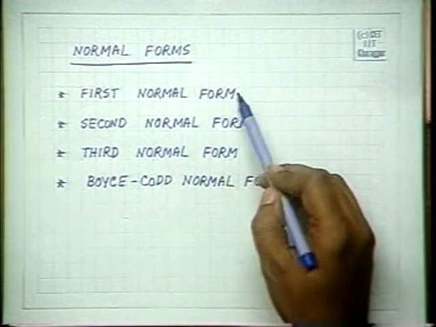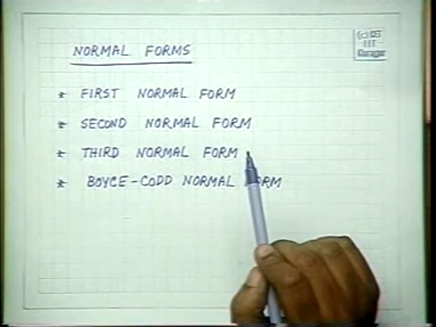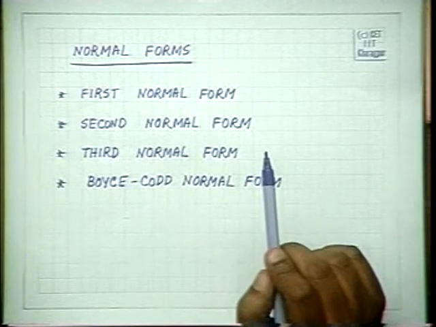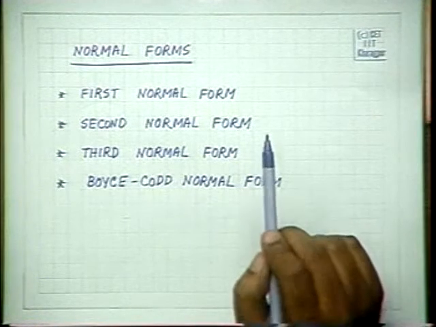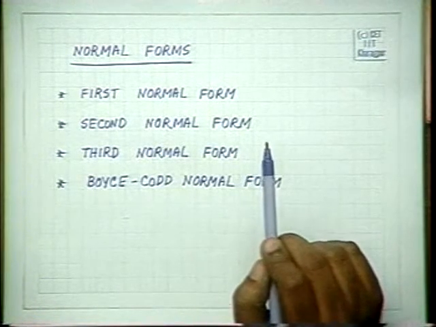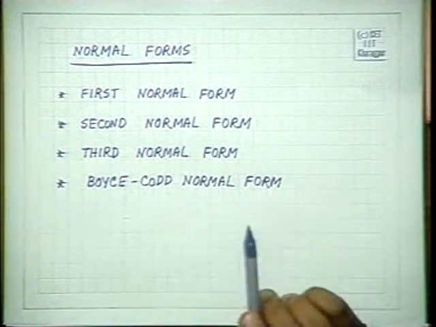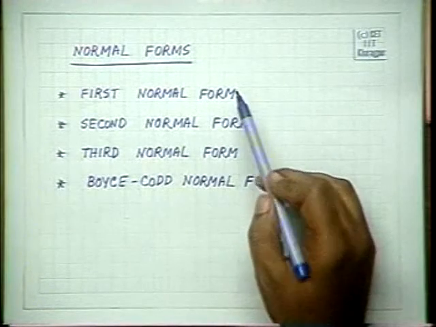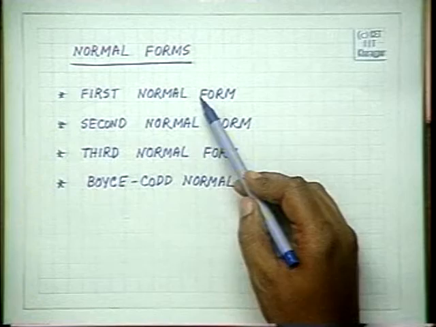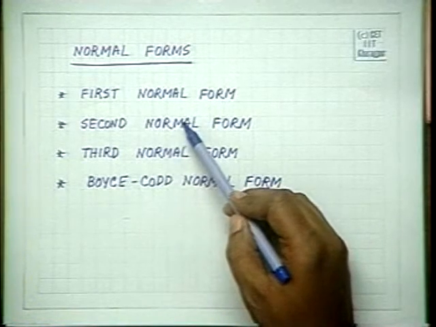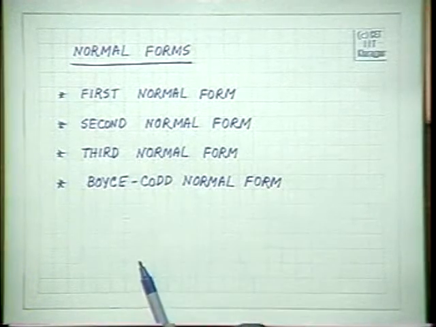And we will see how each of them tries to prevent redundancy. The objective of these normal forms is to prevent redundant relation schemes. That is, it tries to avoid the duplication and redundancy in a relation scheme, and they are graded. For example, those which are in the second normal form are usually in the first normal form. The ones which are in third normal form are in the second normal form. Those which are in the Boyce-Codd normal form are also in the third normal form.